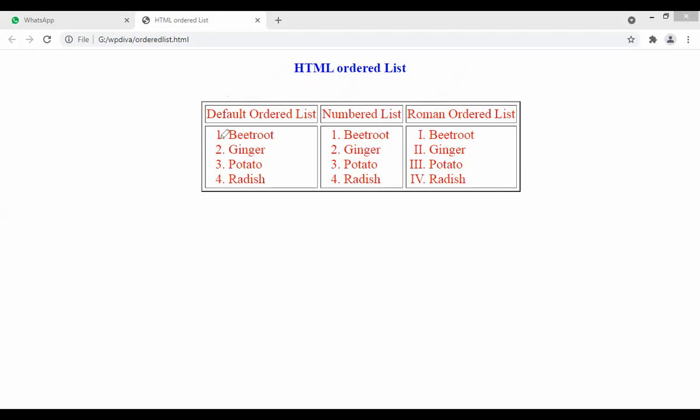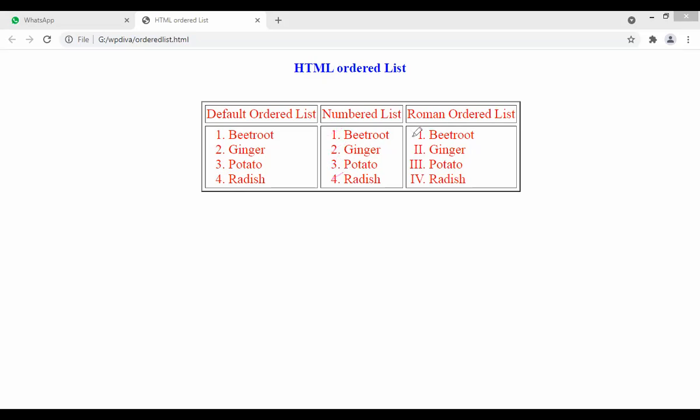So how are you going to code a frame for this, guys? First, you take a table, then you take rows. This is the first row, and this is the second row. You can see that it has appeared in number form, 1, 2, 3, and 4. We are taking a list tag here, and by default it comes in the numbered format. If I take a number type in an ordered list, it will come like 1, 2, 3, and 4.